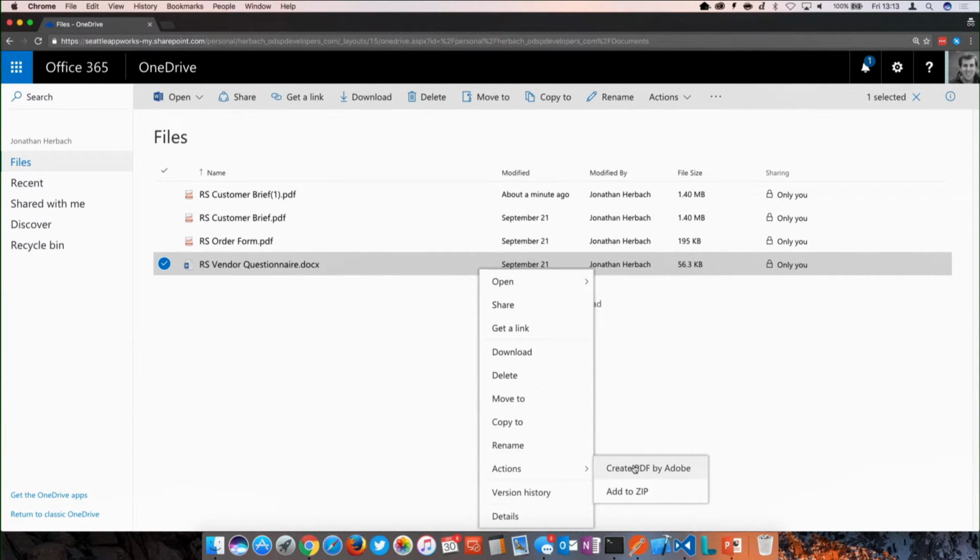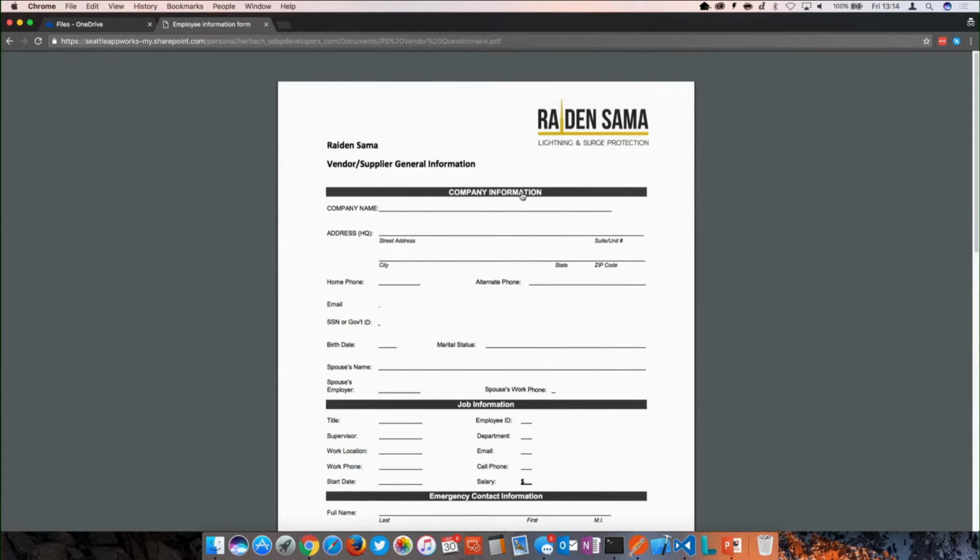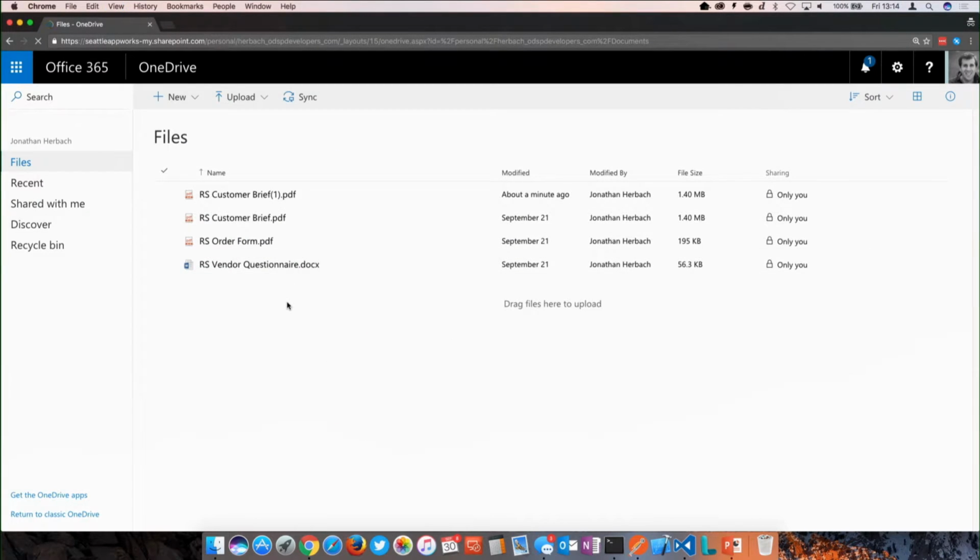Now again, a really simple example. We go ahead and pull that into the Document Cloud, create a PDF. And this is the headless version. You can imagine that a more common scenario might be to add a password, add watermarks, before this document is actually distributed out. And if we view the converted file, we've got a simple PDF version of the Raiden Sama enterprise onboarding. Simple use case, right? And if we refresh, here it is, back within OneDrive. So not only can you open documents, but we have the new action concept with file handlers